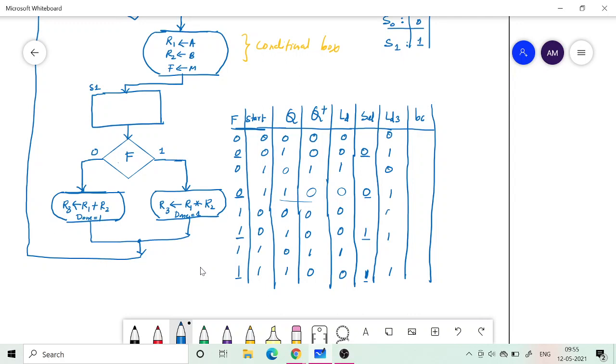I should not load. I cannot put don't care there. But in the select input, when Q is equal to 0, I don't care, because as long as I am not loading, I don't care.